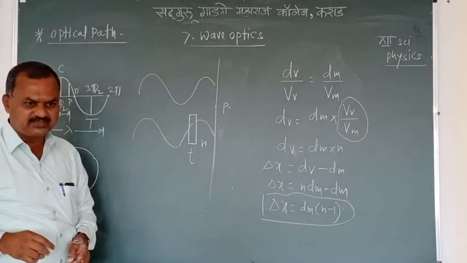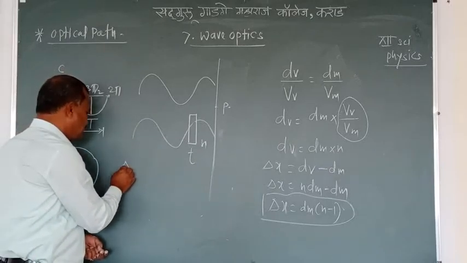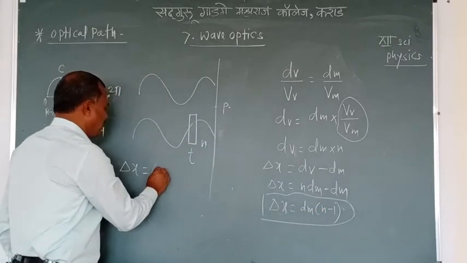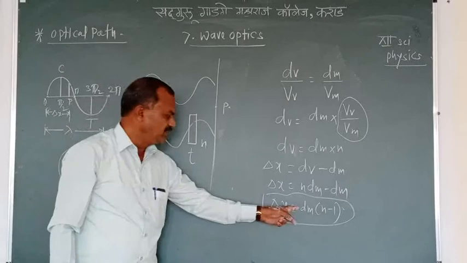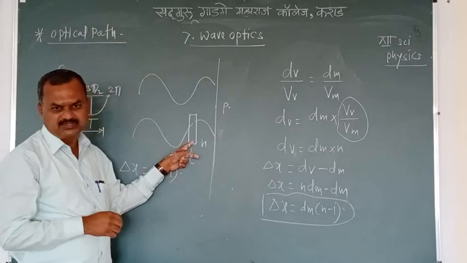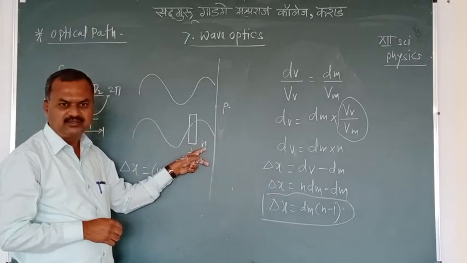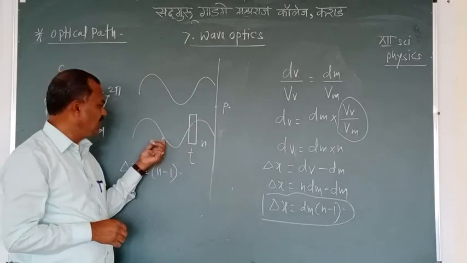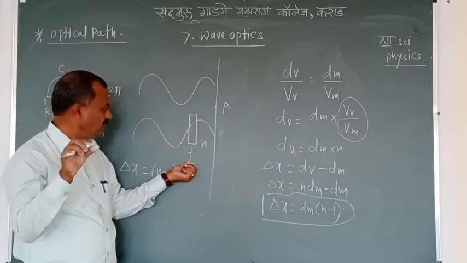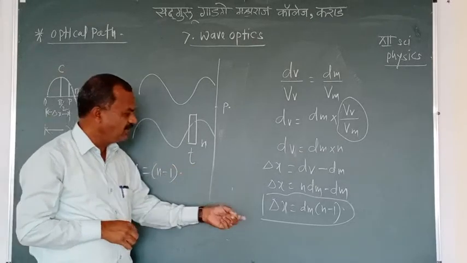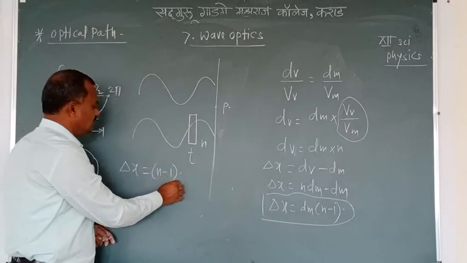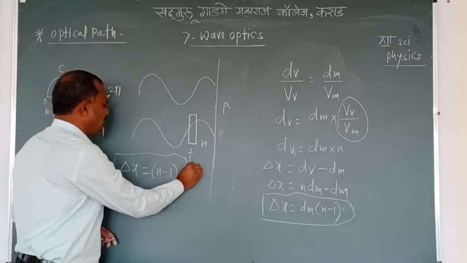तो चेंज होणारा जो पाथ डिफरन्स आहे तो कोणता असेल बघा, दॅट पाथ डिफरन्स गिवन बाय द फॉर्म्युला डेल्टा एक्स इक्वल टू. आता ह्याच फॉर्म्युला आपण तो काढू शकतोय. तो कसा पहा, तर ब्रॅकेट n-1 इंटू डिस्टन्स कवर्ड बाय द वेव इन मीडियम. तिथे मीडियम कोणता असणार बघा, ग्लास मीडियम असणार आहे. ग्लास मीडियमचा रिफ्रॅक्टिव्ह इंडेक्स किती आहे, n आहे. त्याचा थिकनेस किती आहे, t आहे. म्हणजेच काय, ह्या वेवनं त्या मीडियममध्ये किती डिस्टन्स कवर केलं, तर त्या ग्लास प्लेटच्या थिकनेस एवढं डिस्टन्स कवर केलं. दॅरफॉर रिप्लेस dm बाय t. दॅरफॉर फॉर्म्युला डेल्टा एक्स इक्वल टू n-1 इंटू t. दिस इज द पाथ डिफरन्स which